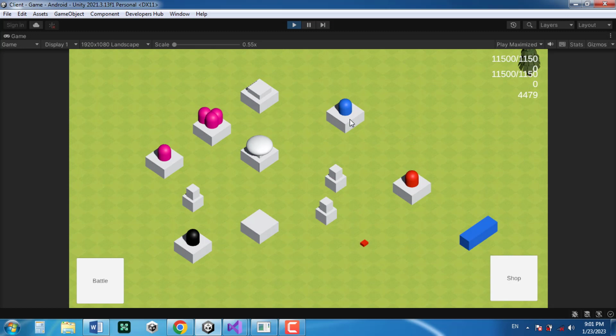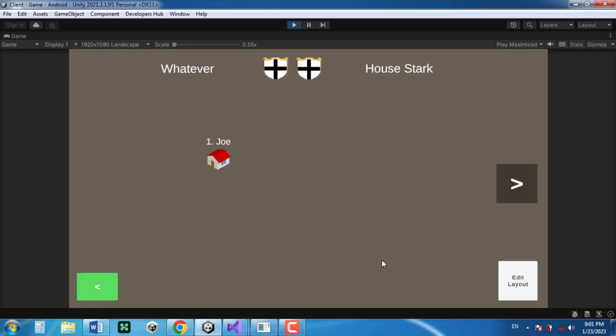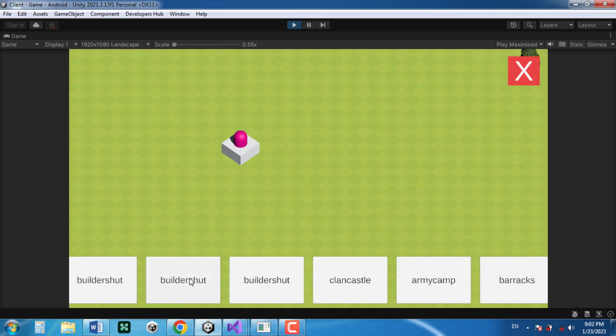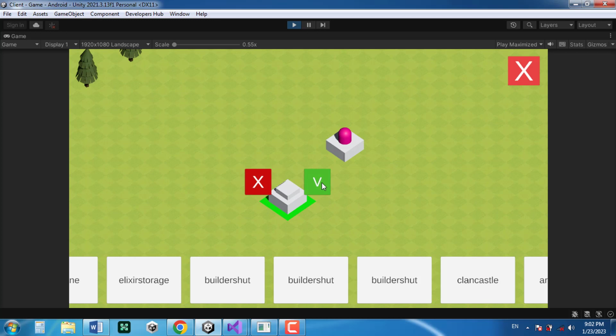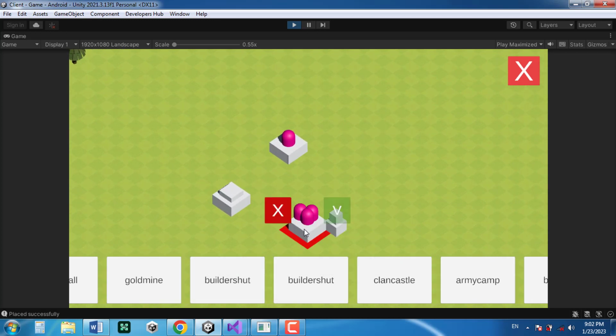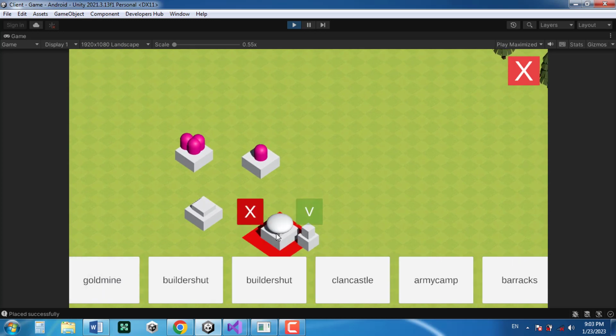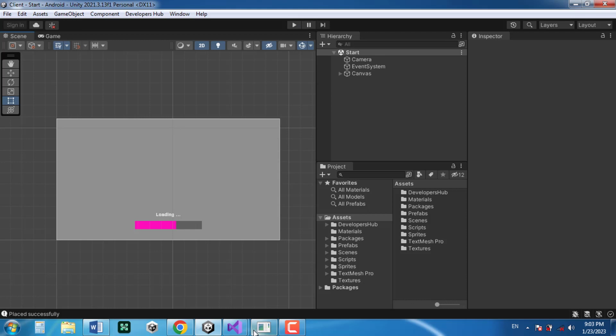Hello, in the previous videos we have created the clan war map and then we added the option to edit the war layout, and in this video we're going to handle the players that are in the war map and give them the option to attack each other. So first of all, let me stop the server and client,